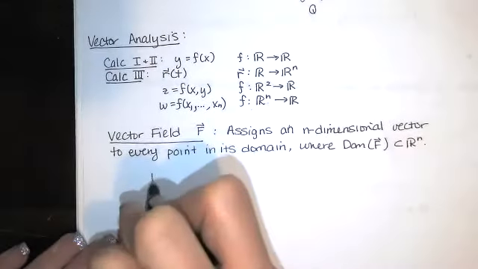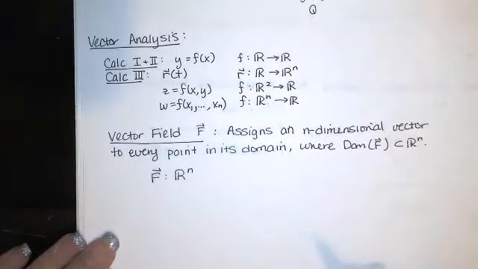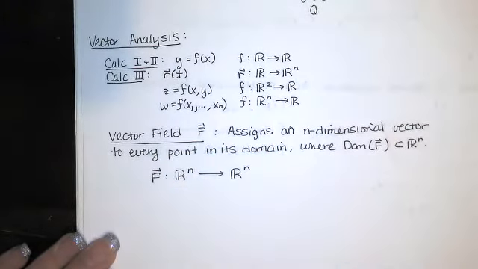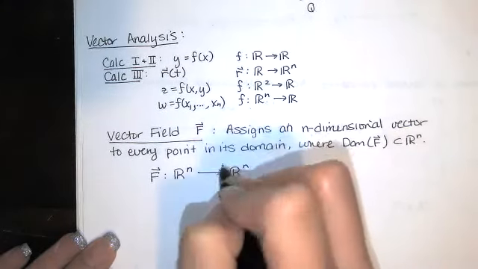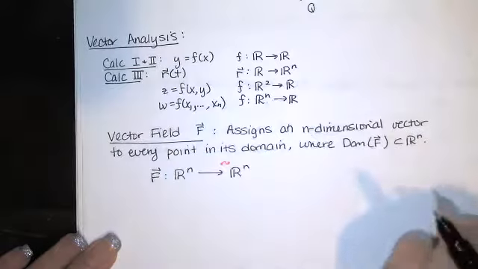So basically, we're going to take a point in Rn, and we're going to map it to another ordered n-tuple in Rn. And I'm going to put a little tilde here because it's not quite the same, but